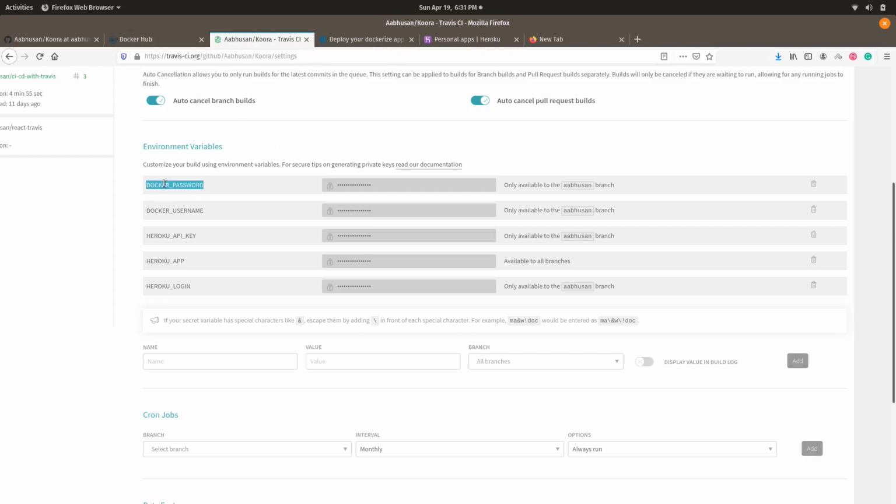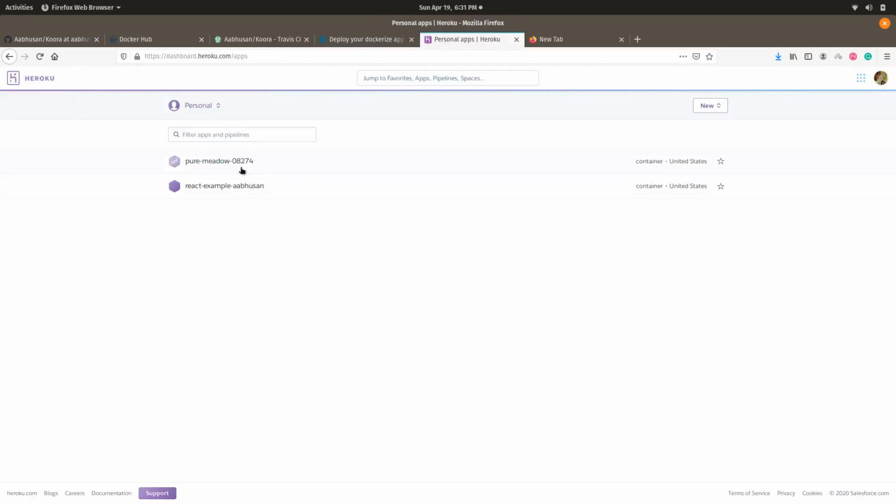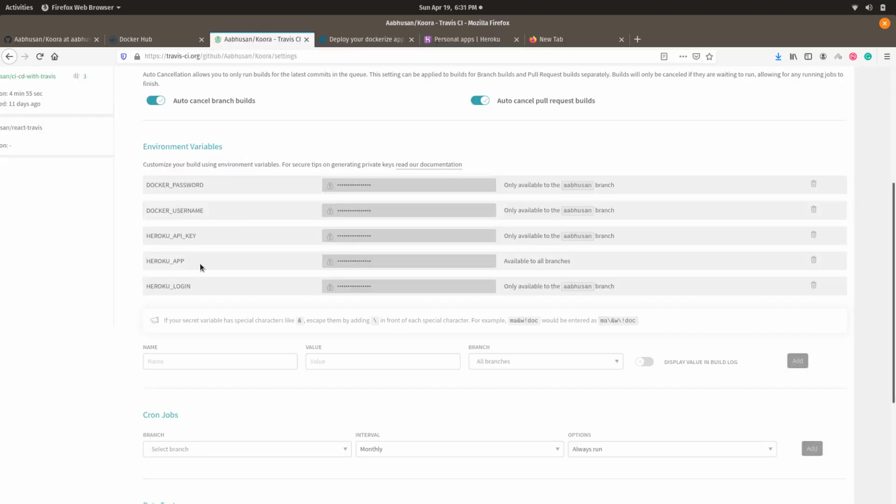So Docker password, Docker username, Heroku API key, Heroku app, and Heroku login. Here Heroku app is just the name of the app that we have created. Here we have created an app called Pure Meadow. So Heroku app value must be Pure Meadow.